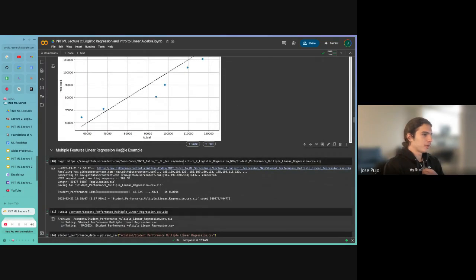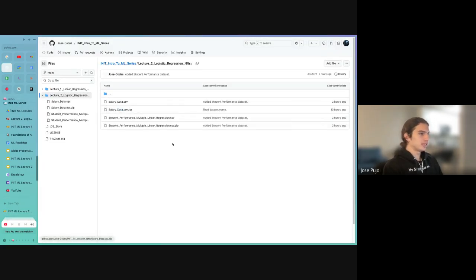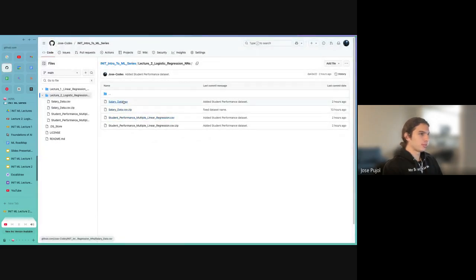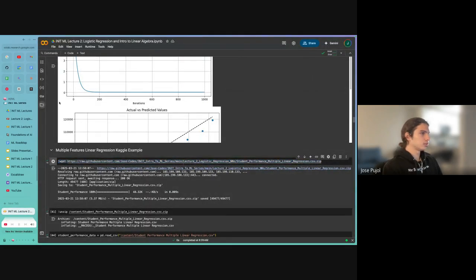By the way, y'all should go on Kaggle, and that's where I got all of these data sets from. I also put them on GitHub. To make it easier to download, I put these wgets here, which will download the zip file of the data sets from GitHub.